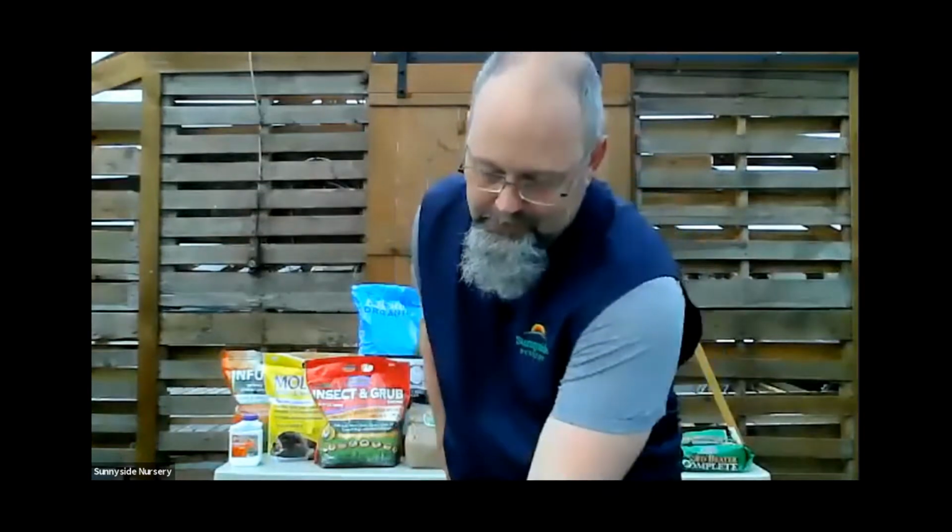But if we use things properly according to the label, you're going to have much better success, save a little bit of money, and again, hopefully keep the environmental contamination to a minimum, okay? So I'm going to be clear, I'm not trying to make anybody feel bad. If you're a Scott's fan or whatever else, that's your choice, but I'll probably focus a little more on organic and natural things today. We're going to go through the sheet here kind of step by step,